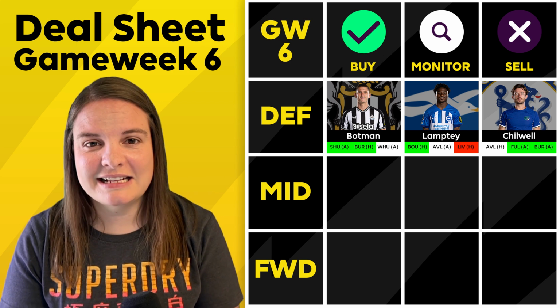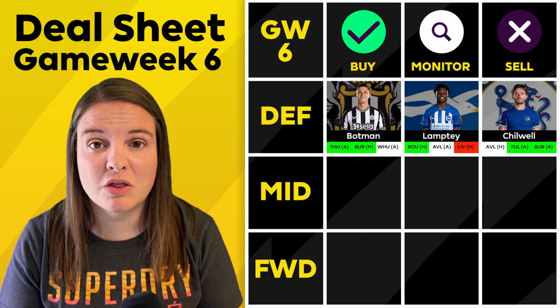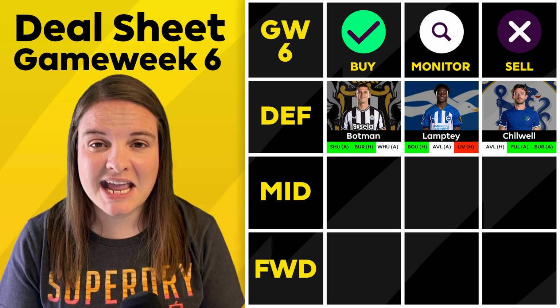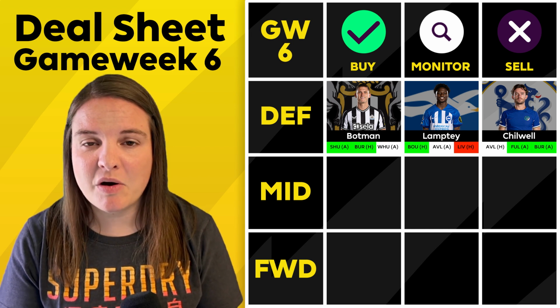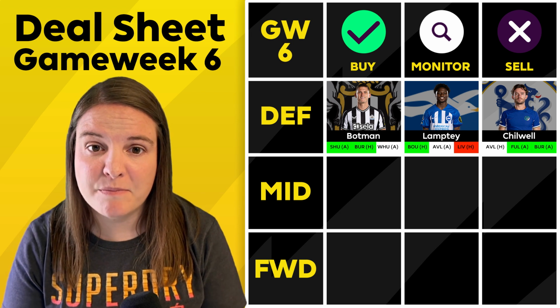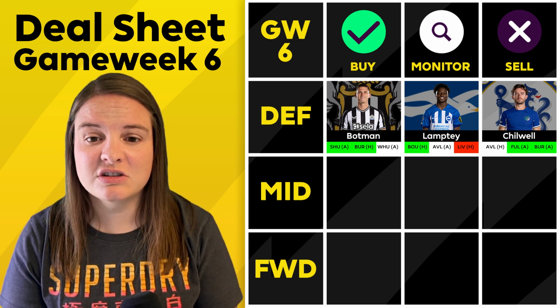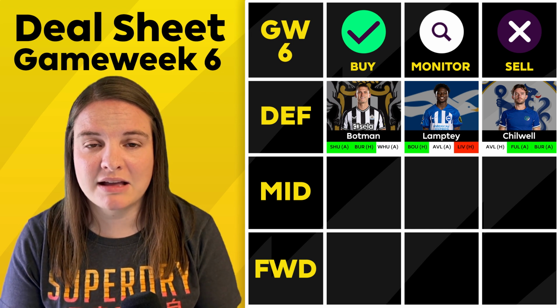Regrettably, on the sell list is Chelsea's Ben Chilwell, who found himself benched for the trip to Bournemouth away. Pochettino's been playing him as a left winger all season, but he is a defensive player. He's not a winger, and Poch has realised that he probably needs to start someone with a bit more attacking impetus in this position. He's already seen 50,000 transfers out, the most sold defender ahead of FPL Gameweek 6, and